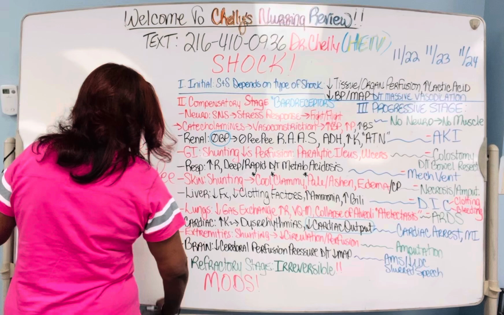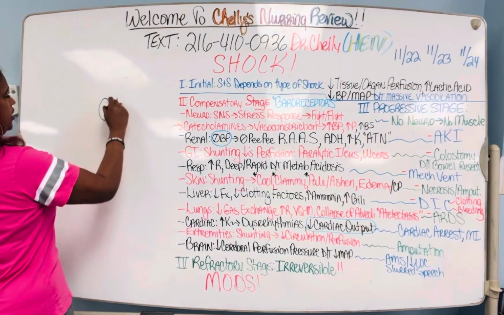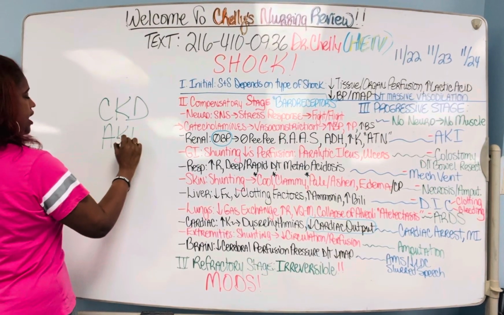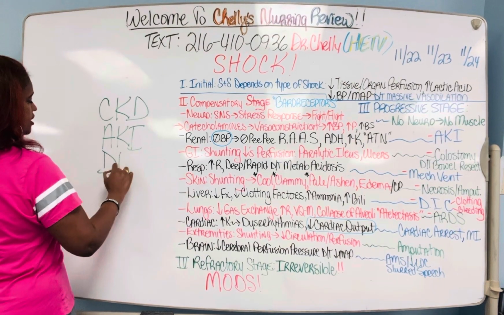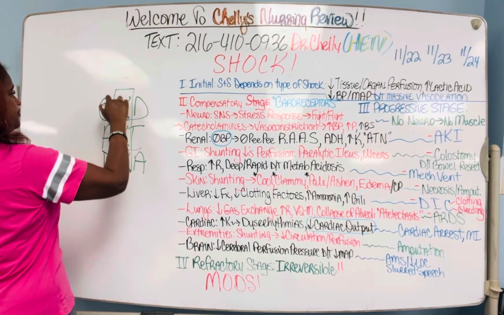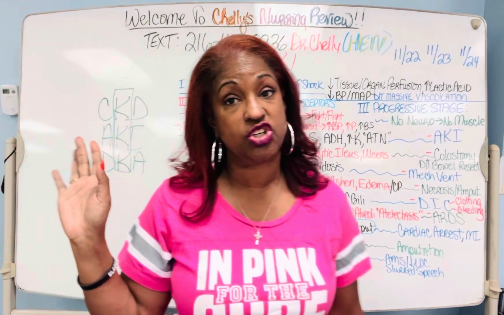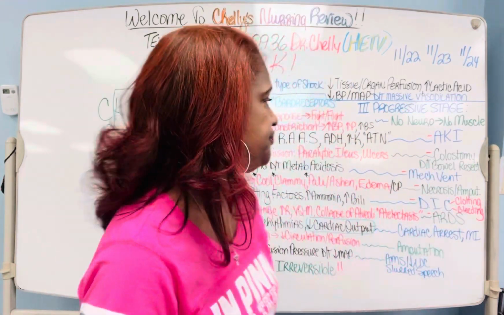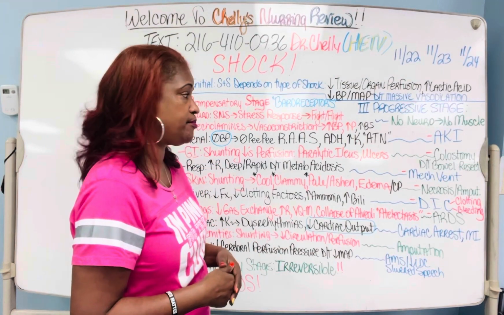When we write words like CKD, AKI, and there's one more, DKA, the potassium is usually high. Now with DKA, it could go either way, but just a little trick: AKI, CKD, and DKA, the K is high, right? So you know. All right, now, when it comes to the GI system, having the blood shunted away from it,